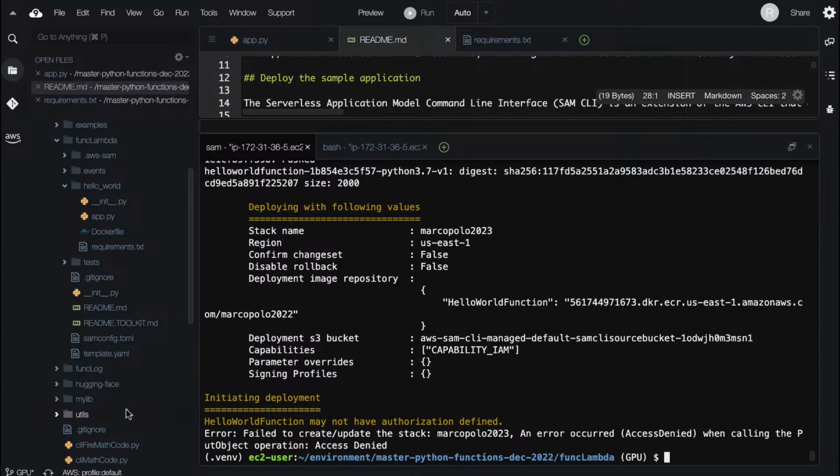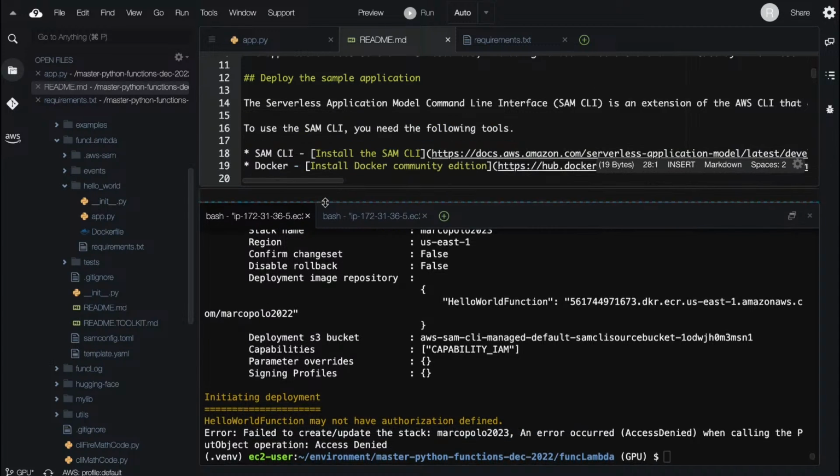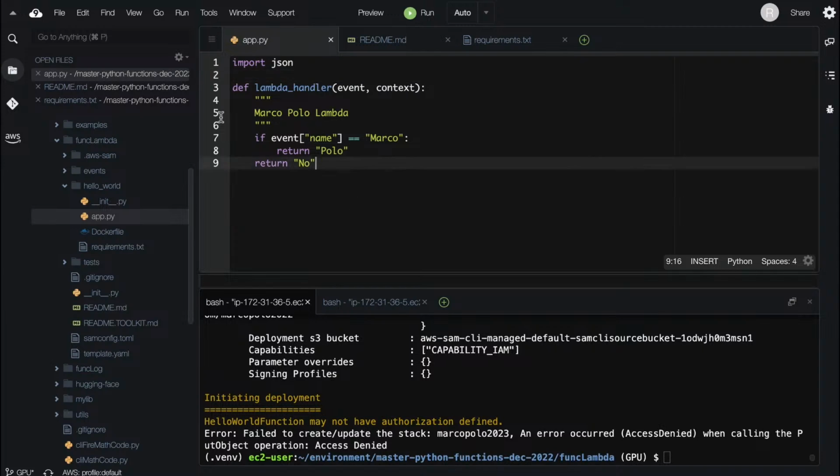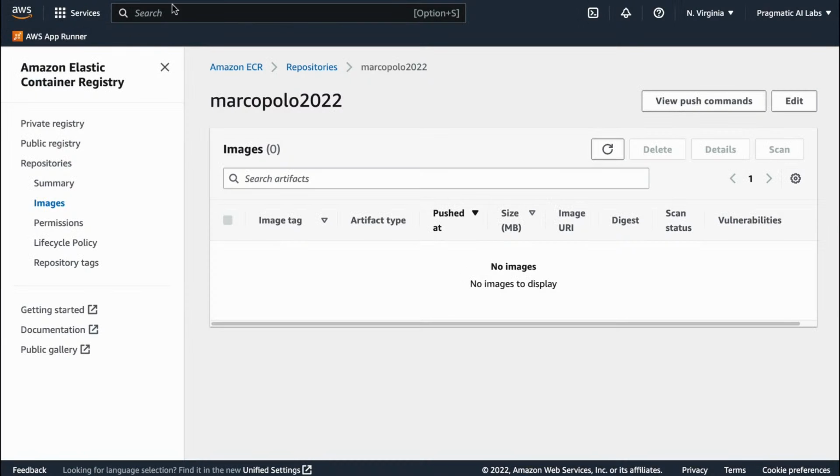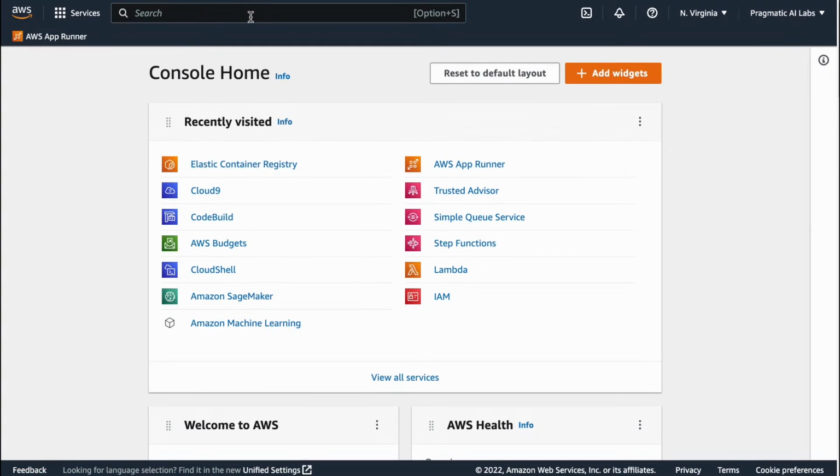Now, this did have one problem. Failed to create update. The error occurred. So anyway, there's some issue in deploying it this way. Not 100% sure why that issue is there, but you don't need to even do this, because you can also just go to Lambda and do it yourself. So we can even just look at the code here, and we can just steal this code. Basically, we just grab this, and let's go to the console real quick and go to Lambda. Lambda here.